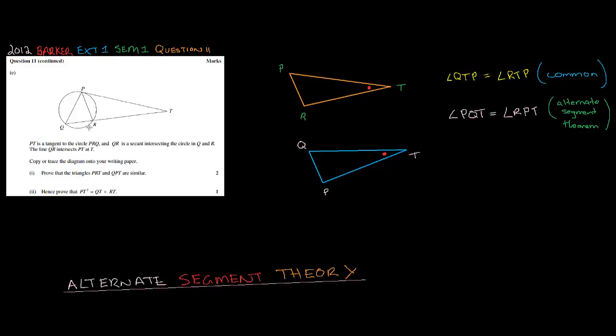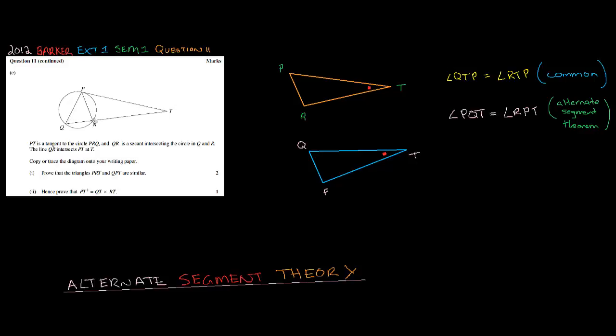We've got this circle here, and PT is a tangent to this circle. Because we've got a tangent to a circle, we should be thinking alternate segment theorem, and I'll talk about that in a minute. So we've got this PT, which is a tangent to this circle, and QR is a secant, just meaning that